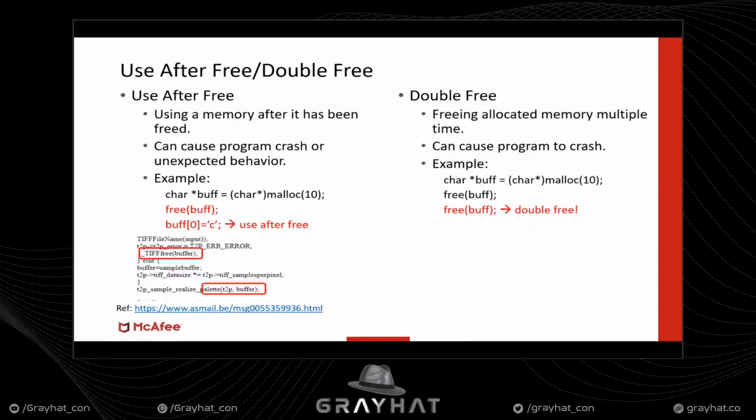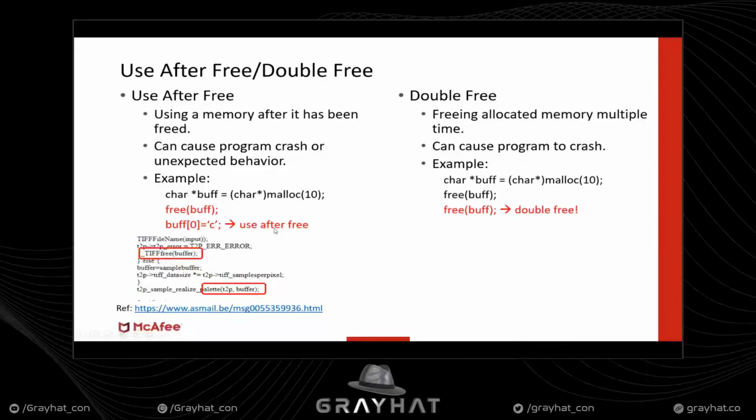A use after free vulnerability occurs when a program tries to use memory after it has been freed, and it can cause the program to crash or have some undefined behavior. A very simple example has been given over here. As you can see, there is memory which is getting allocated using a malloc call, and later on this memory is freed. Then the program again tries to use this freed memory over here, so that will lead to a